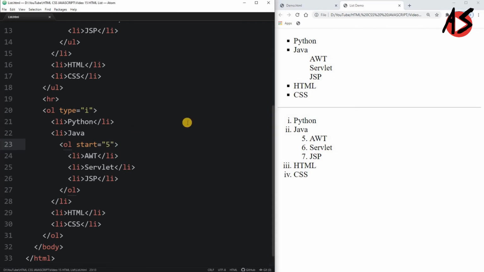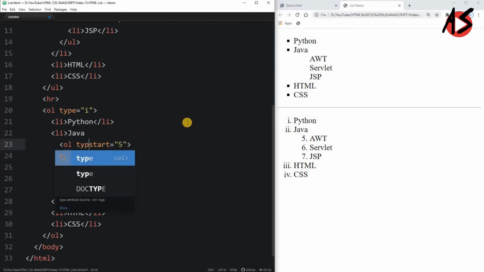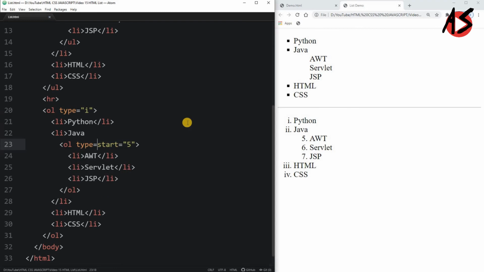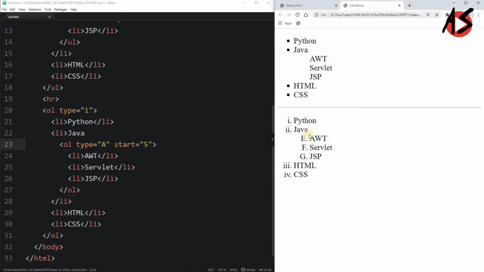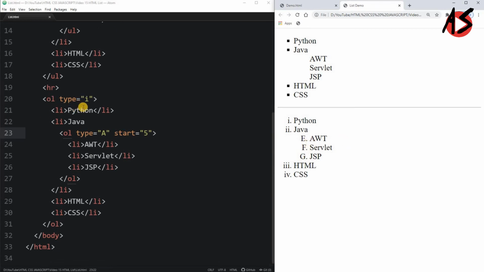So if I write type is equal to A and start is equal to 5 and refresh the page, it will start from E, because E is the fifth letter in the alphabet. So this is all about the ordered list.